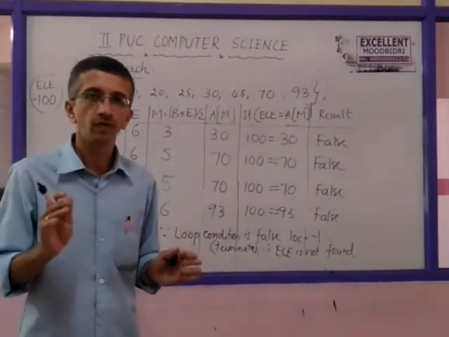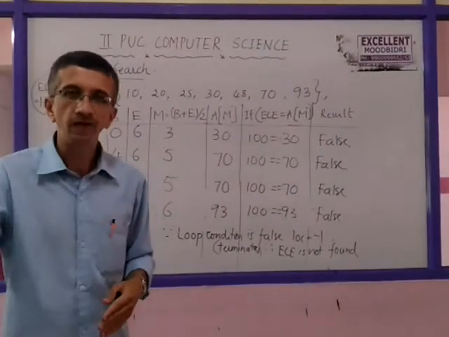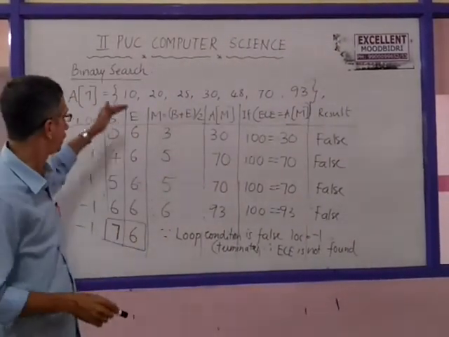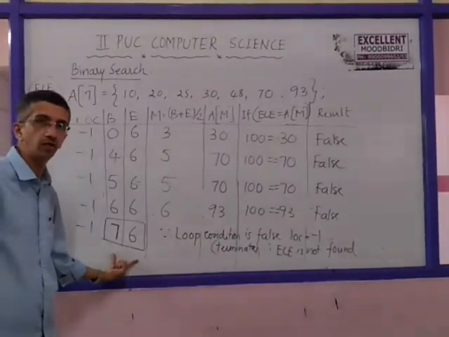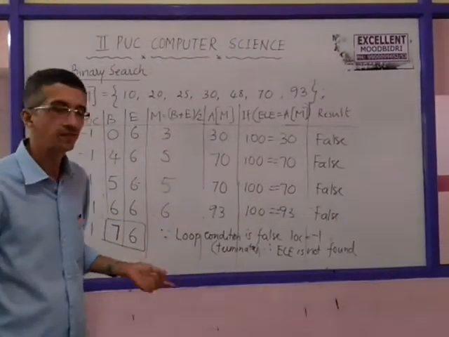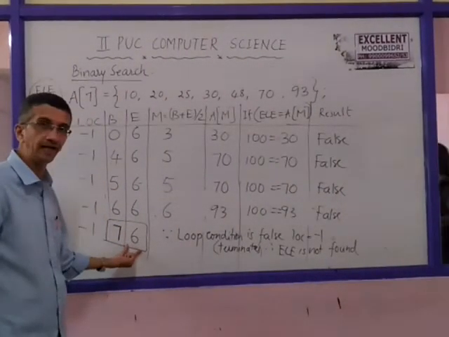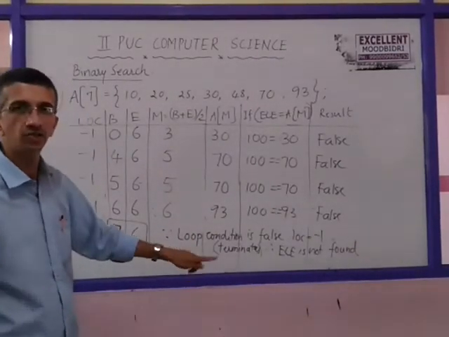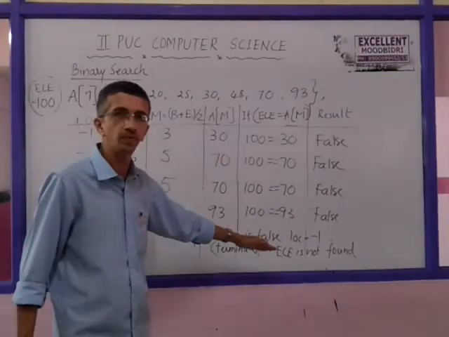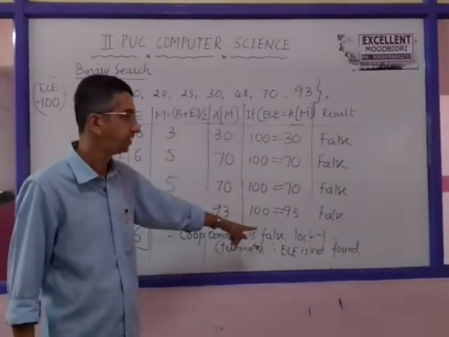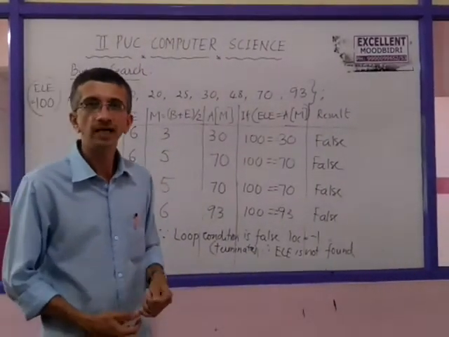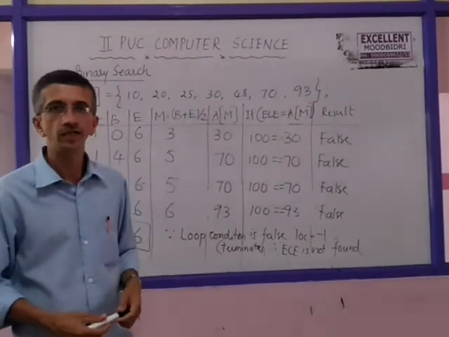In the case of the item found, you are writing where the item is found, in which location. In case the item is not found, after tracing, you should highlight the loop condition here, because at that time loop condition becomes false, beginning has become more than end, so loop terminates. So naturally location remains at minus 1. So in the last step 3, in comparison of location, it says that location is minus 1, so item is not found, that is displayed. So I hope you have understood this.